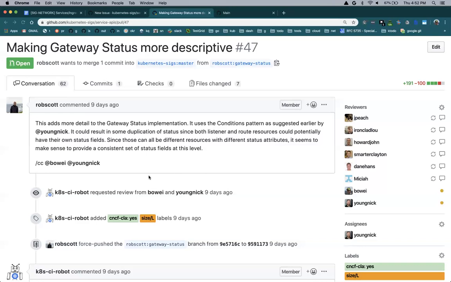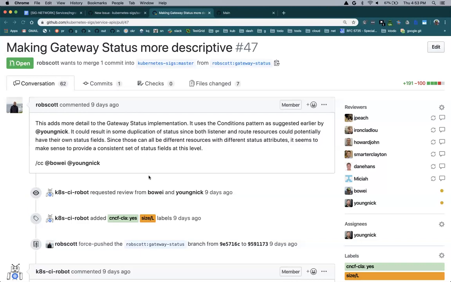I agree that's really helpful and gives a lot more feedback. I am concerned, especially for moving to positive conditions, that if you're having a positive condition times X per every route, so let's say you have 5 different positive conditions for every single route, it limits how many routes you can have in a gateway. Oh, then you would have to use negative conditions. Yes, that's a good point. It is a very good point, actually, for it being about negative conditions.